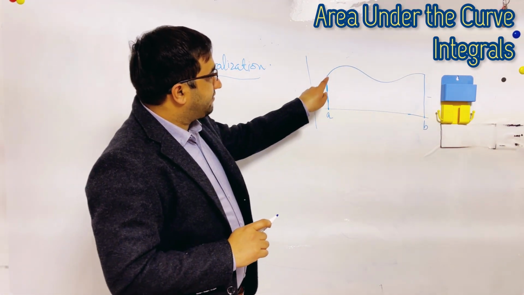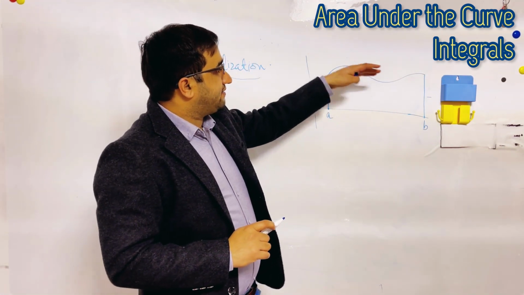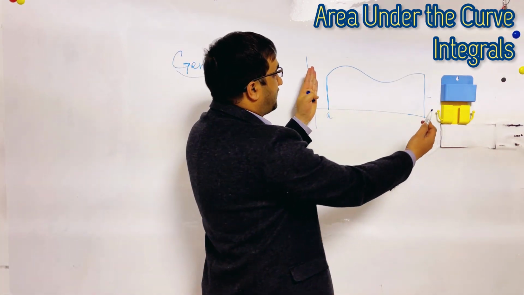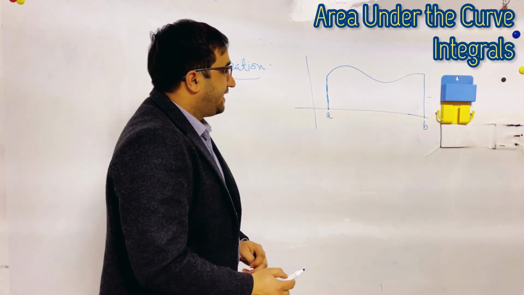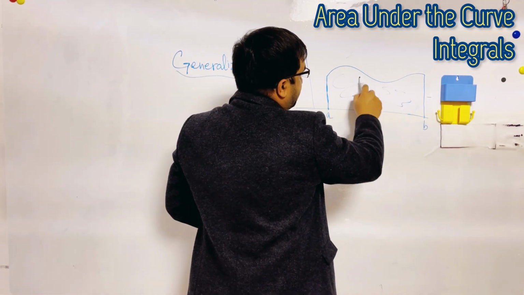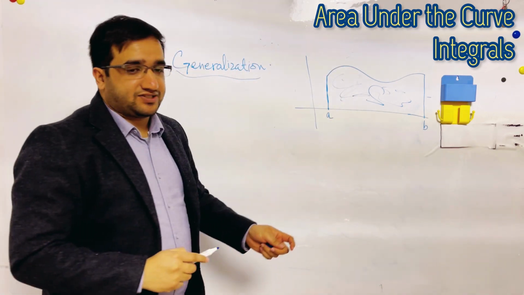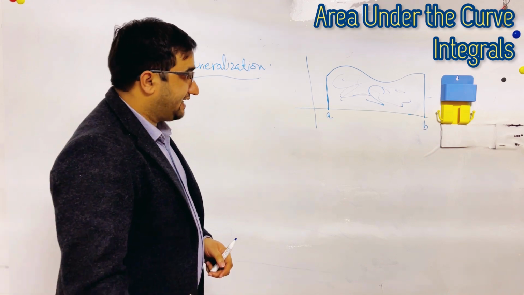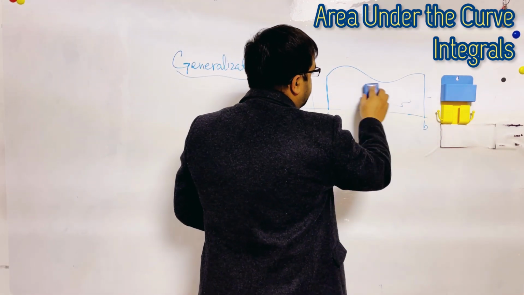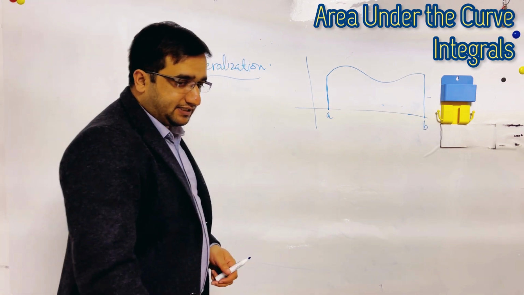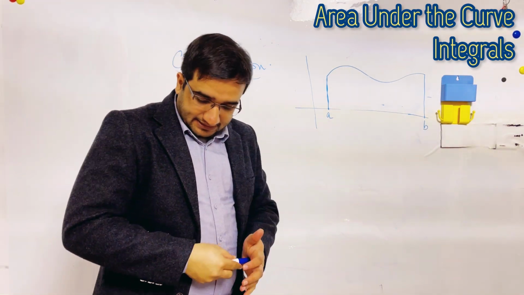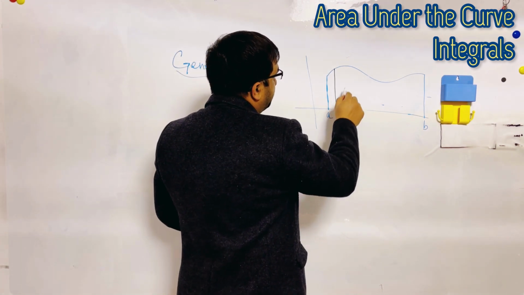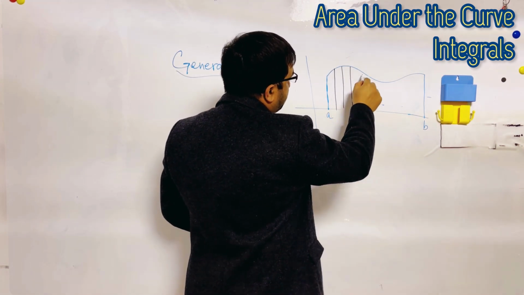Now I have a curve, and this curve is coming from somewhere and going to somewhere, but I am only interested in this part of the curve. I am interested to know the area of this shaded region. So we will apply the same procedure, that we can split this whole thing into small slices,